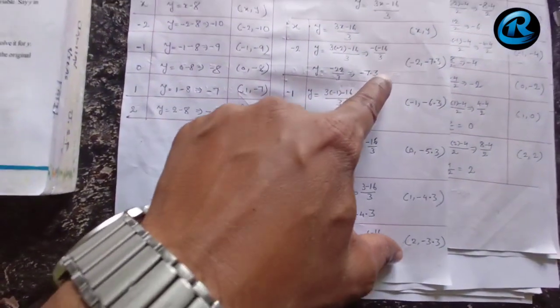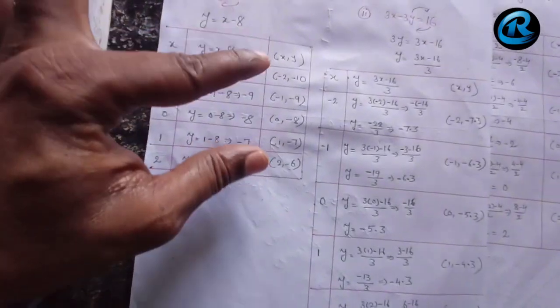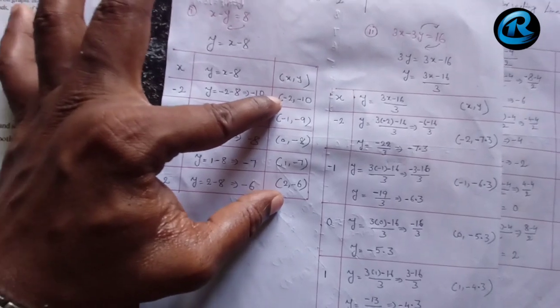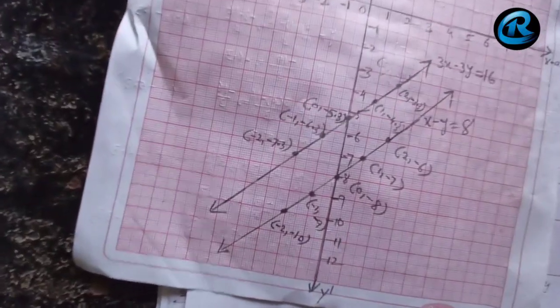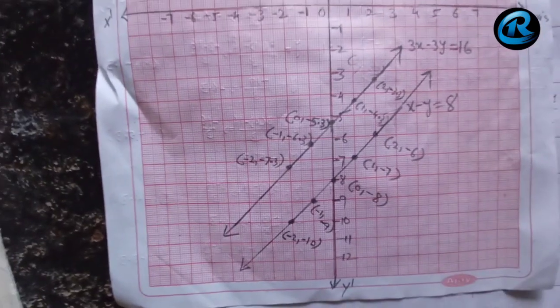So plot these x comma y values, draw a graph, and plot these x comma y values on the graph. Definitely in the graph you are going to get parallel lines. Let us see, have you got parallel lines? Yes, here. See,